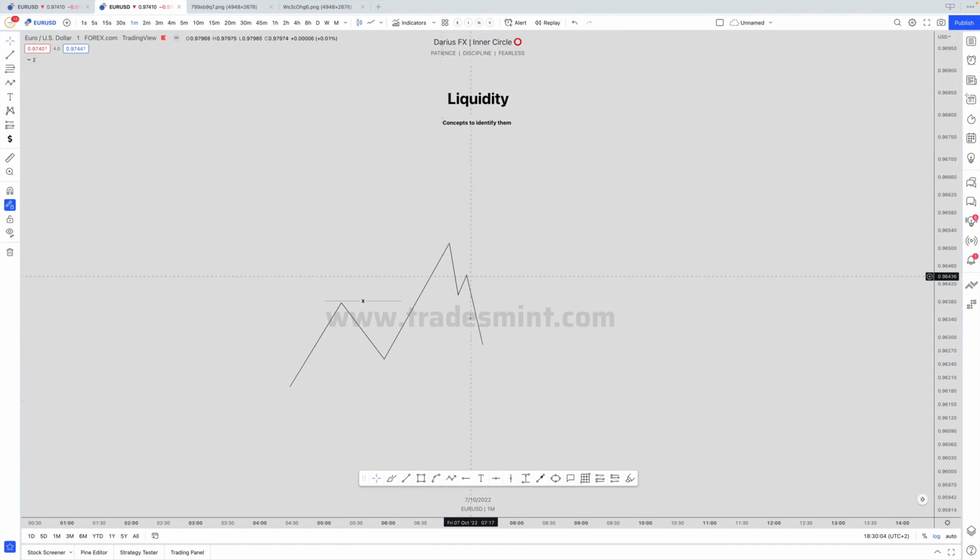I know it doesn't look like this is liquidity or anything like that, but yes, it is liquidity because at this point many people lost their position. The breakout traders are losing it as well because price is moving to hunt their stop loss. So just by targeting this market and then waiting for the reaction, the institutions got the profit that they wanted to see. So this is the example; now let me show you the other one in a downtrend.